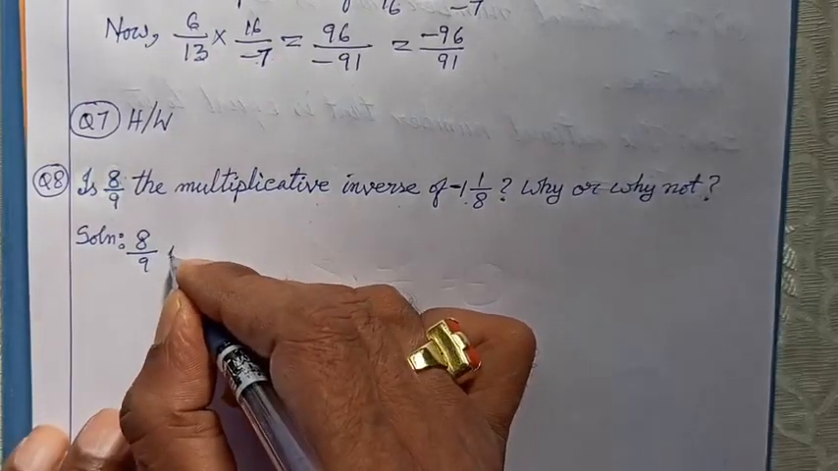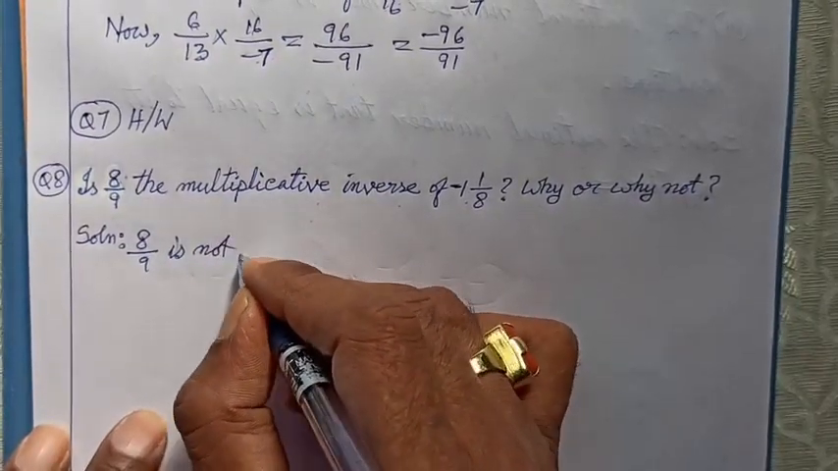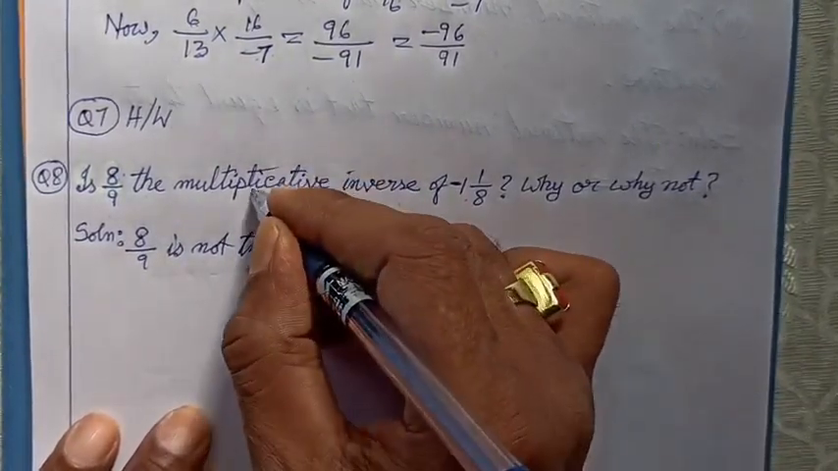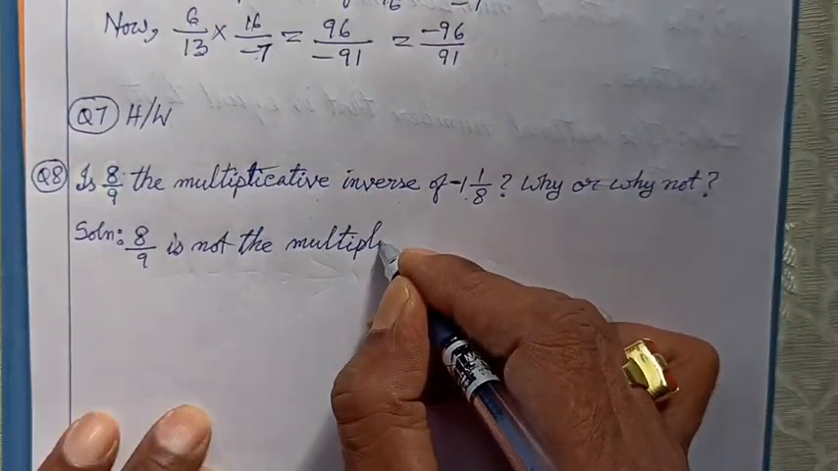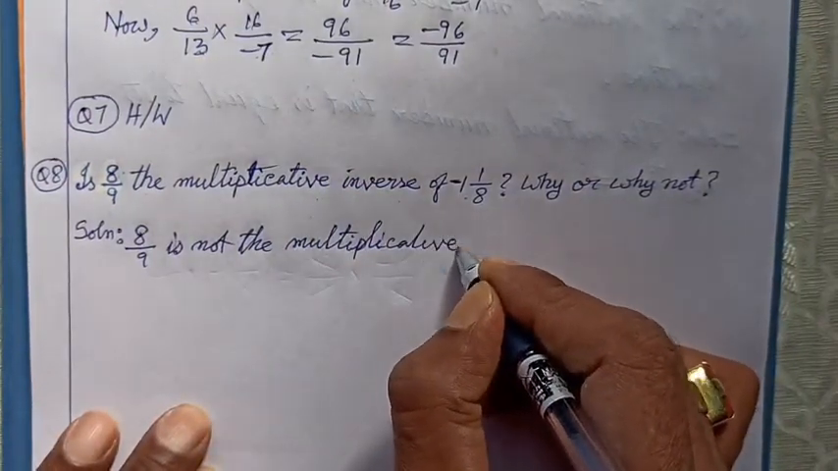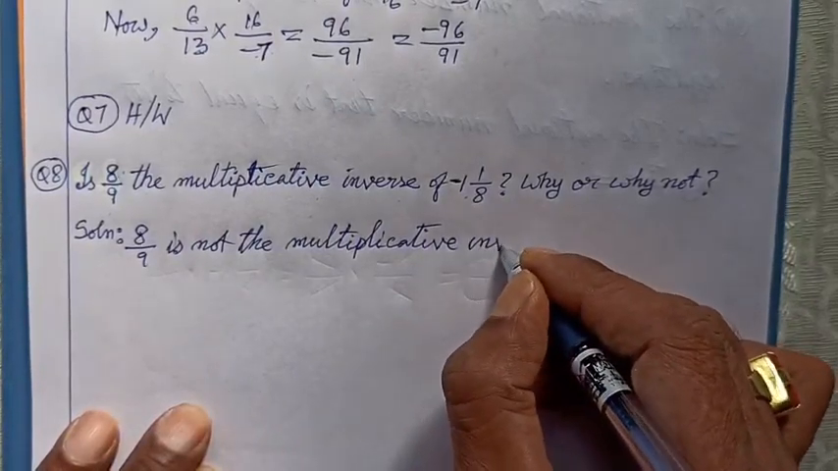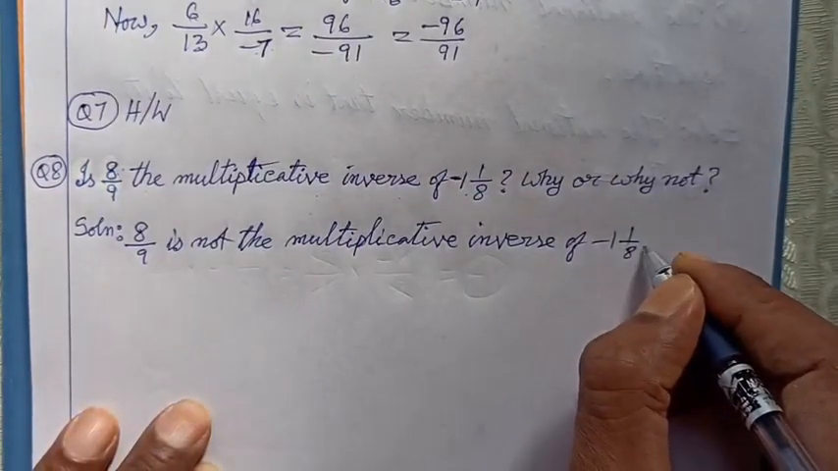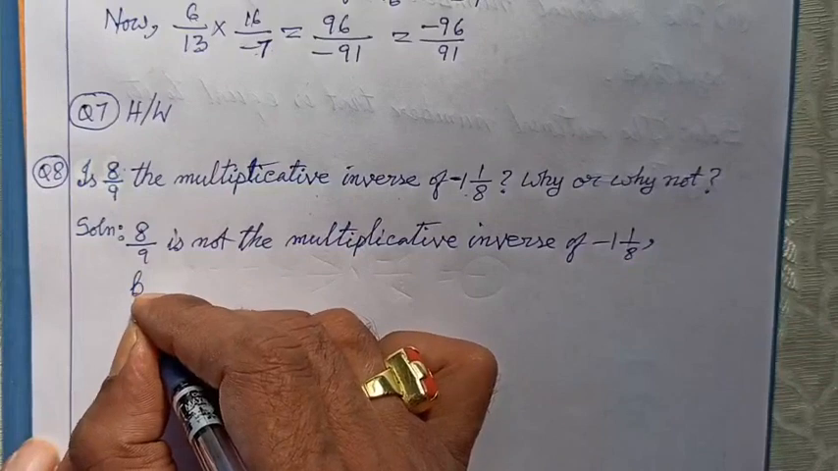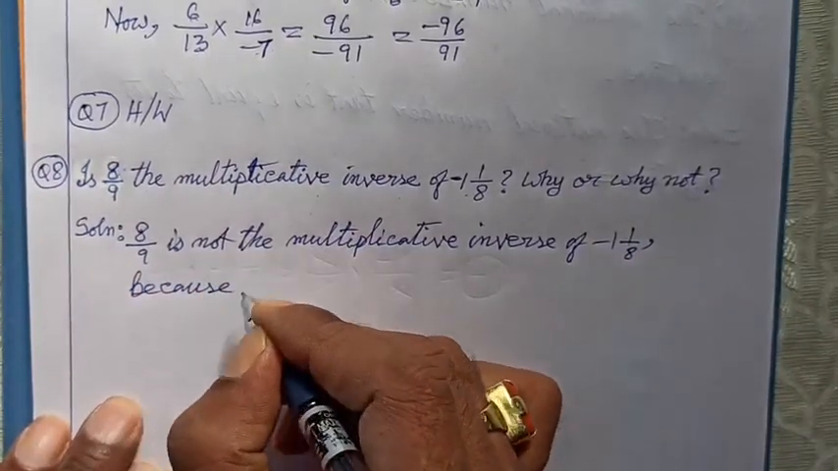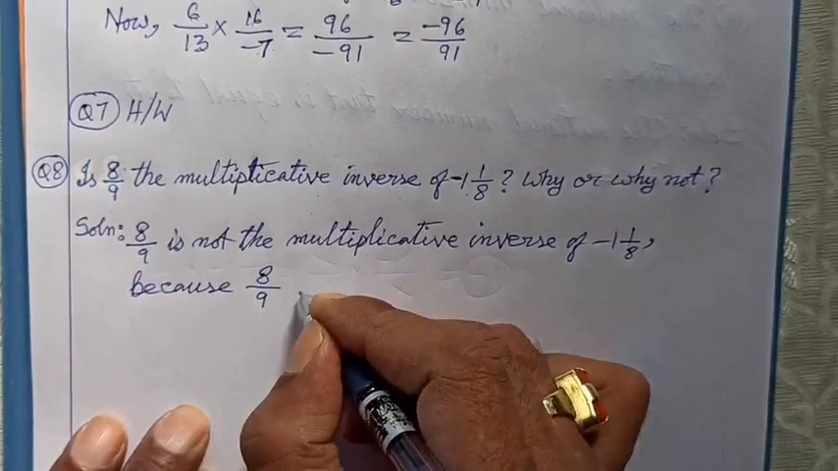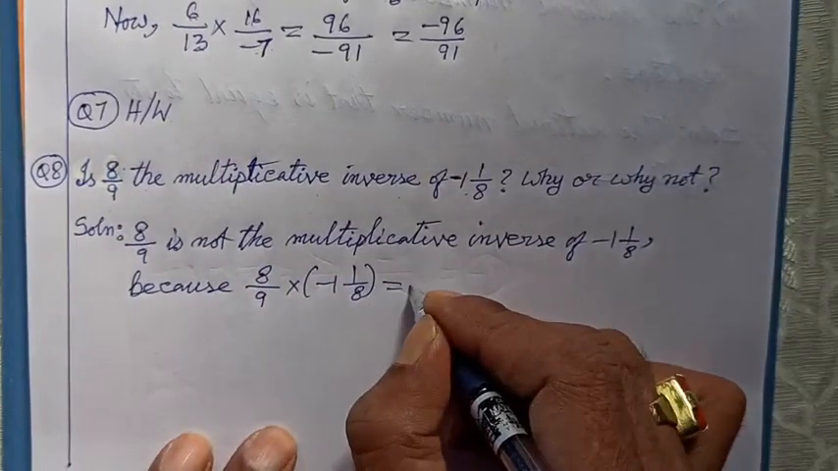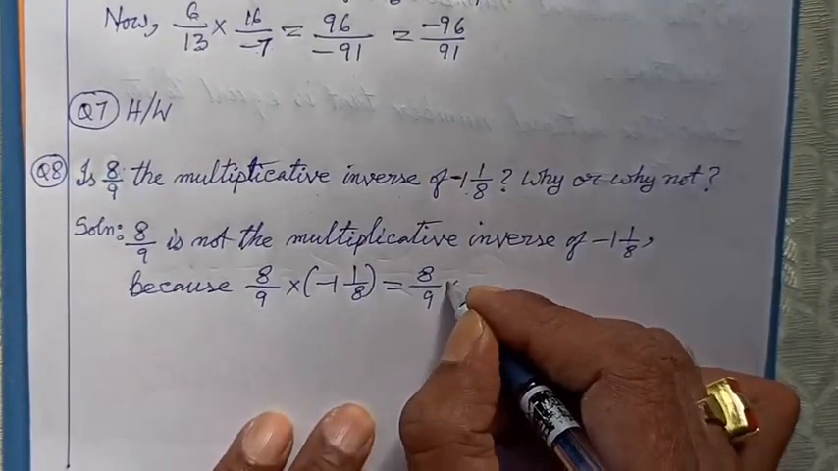8 by 9 is not the multiplicative inverse of minus 1 whole number 1 by 8, because 8 by 9 into minus 1 whole number 1 by 8 is equal to 8 by 9 into